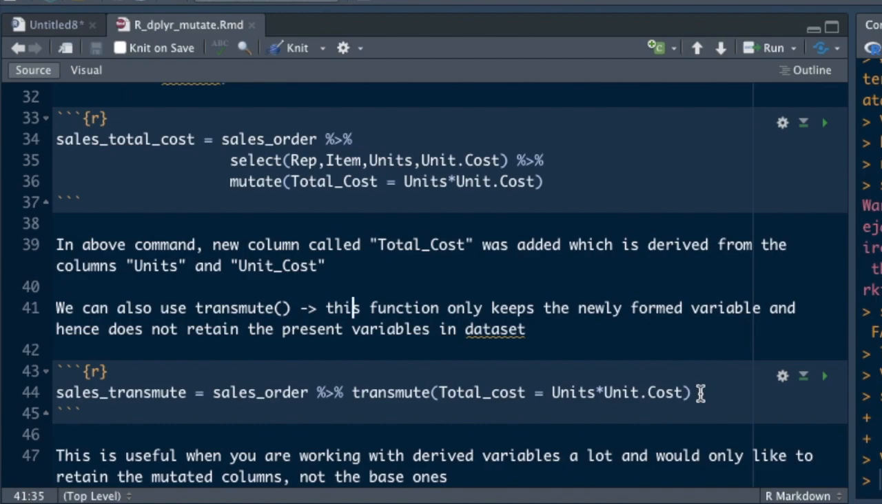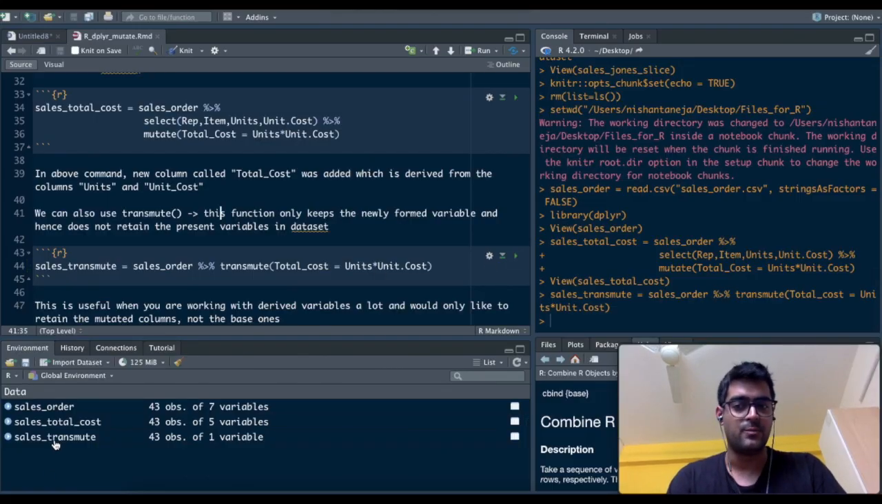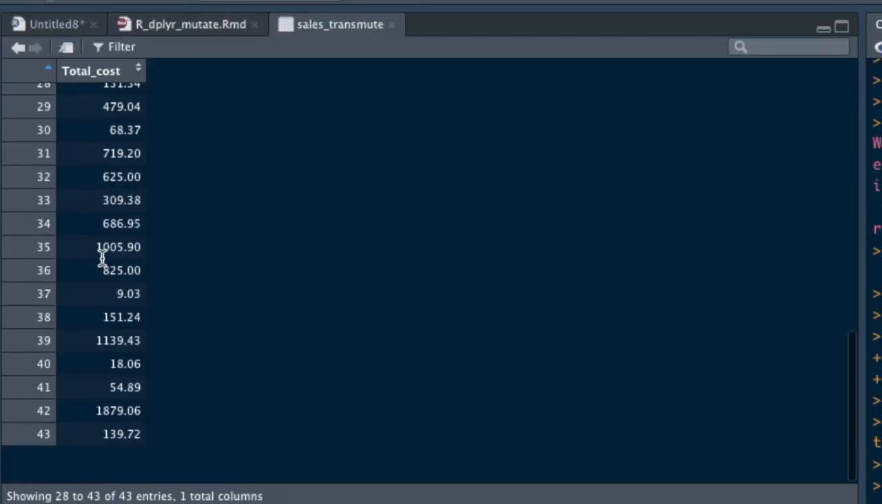So if you want to drop any columns and don't want to work with the old columns, I recommend use transmute instead of mutate, because transmute helps you achieve the same steps in lesser time, and it's a very direct function to use when you only want the new column created and you want to drop all the other columns in the dataset. So now I'll run the transmute command and you'll see in the sales transmute dataset I have only one variable, not five, just like I had in sales total cost. So I'll open transmute and I have all the total cost variables,